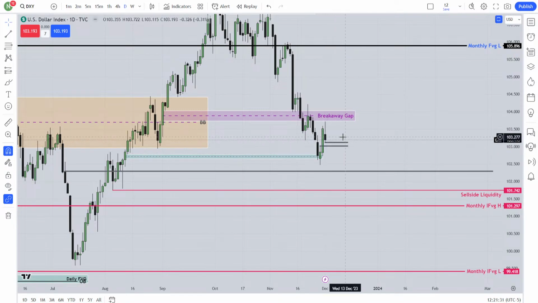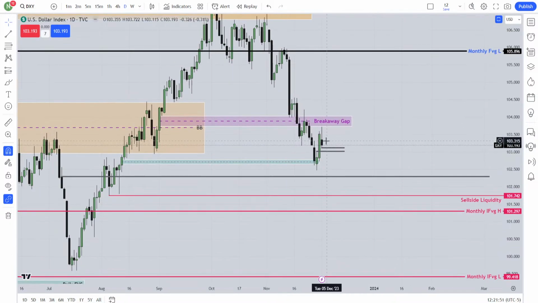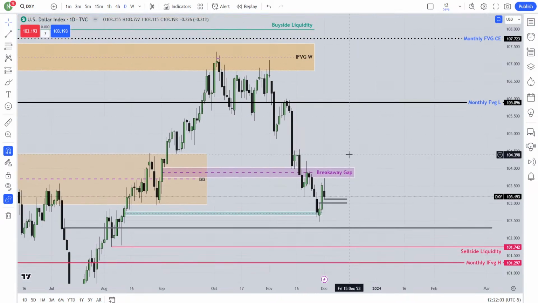Now if it can go through that fair value gap, try to understand, brother, every single thing is very important. If it can go through that fair value gap, I would love to see this sell side be taken. Look at this low and this low, they are relatively equal lows. I would love to see that market is going to take that sell side liquidity. Now if you see price is respecting this fair value gap, then I would love to see it go through this breakaway gap, and we can expect some kind of very clean higher up.